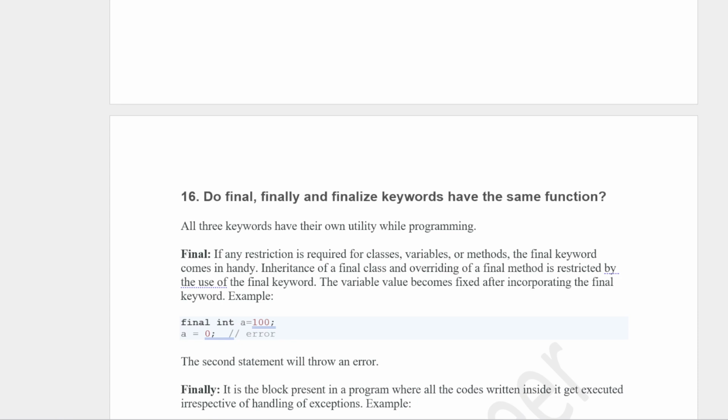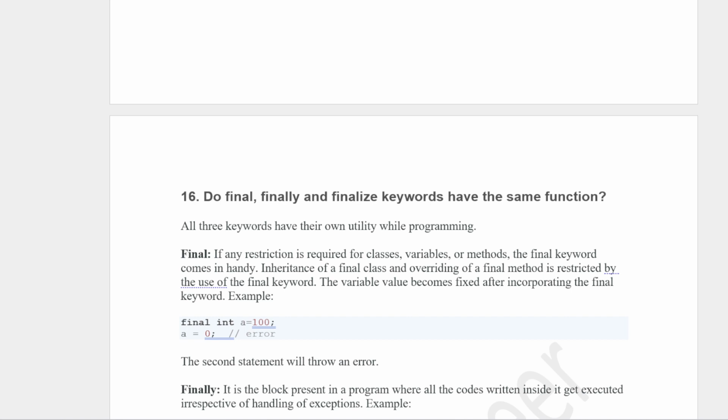Next question is, what is the difference between final, finally and finalize? As we talked about earlier, final is a keyword. It's not a block and not a method. It is used for particular restrictions.